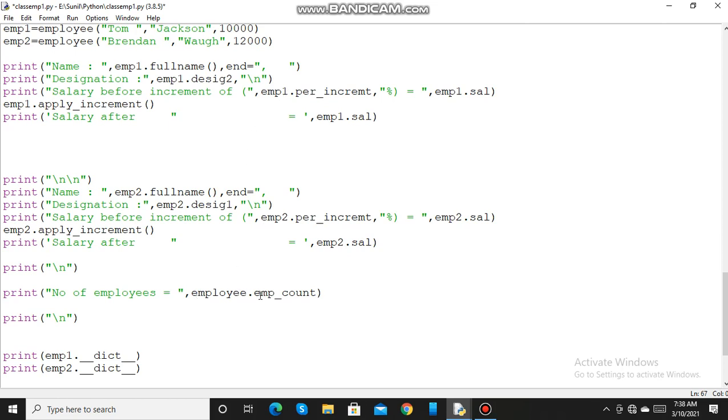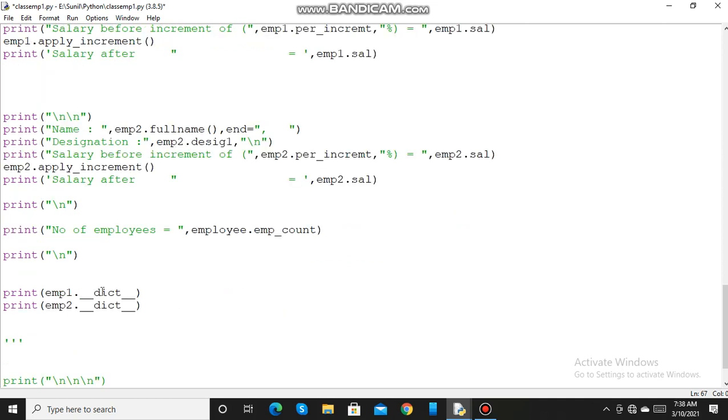Here the class variable is accessed by the class. So it will print the number of employees. After that, it is printing the dictionary, that emp1.dict. This dictionary dict is an inbuilt attribute which will print the key value pairs for this object emp1. So we are printing the key value pairs for emp1 and emp2.